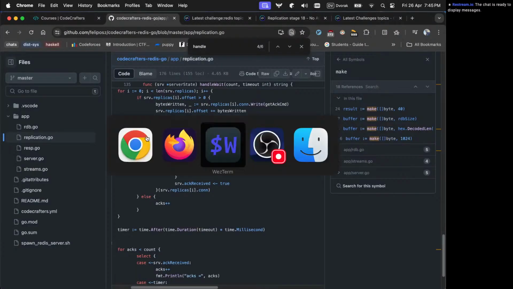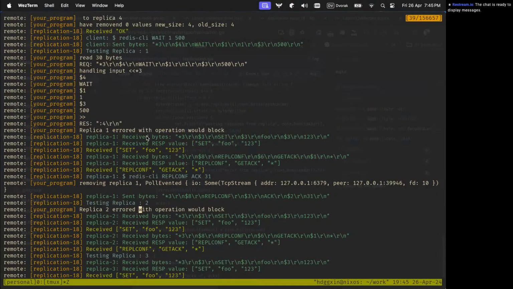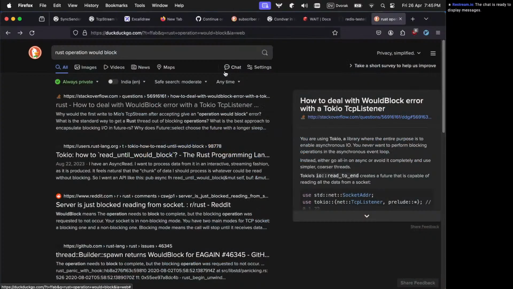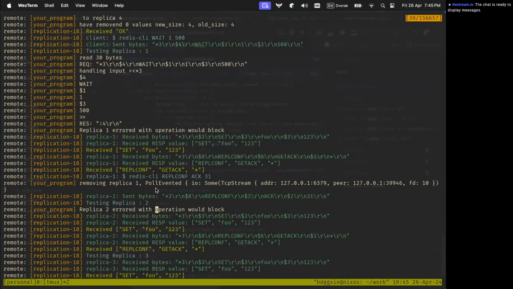Okay, so somewhere we are getting this particular error, where replica 2 errors with operation would block.